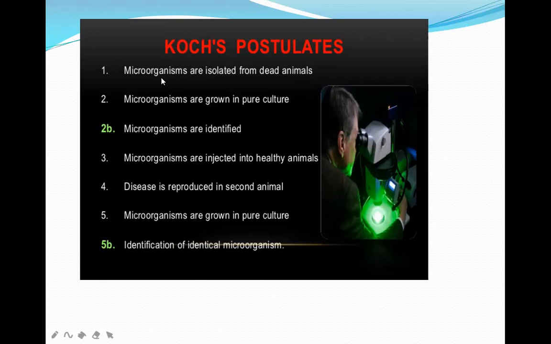पहले स्टेप में माइक्रो ऑर्गेनिज्म आर आइसोलेटेड फ्रॉम द डेड एनिमल्स। दूसरे स्टेप में आइसोलेटेड बोले तो सेपरेट करने का, माइक्रो ऑर्गेनिज्म आर ग्रोन इन प्योर कल्चर। प्योर कल्चर बोले तो बैक्टीरिया के वास्ते कौन सा यूज करते हैं, न्यूट्रिएंट आगर। और फंजाई के वास्ते पीडीए, पोटैटो डेक्स्ट्रोज आगर।